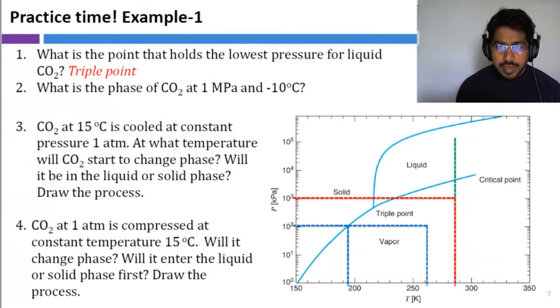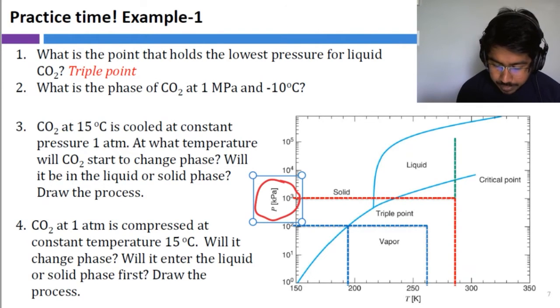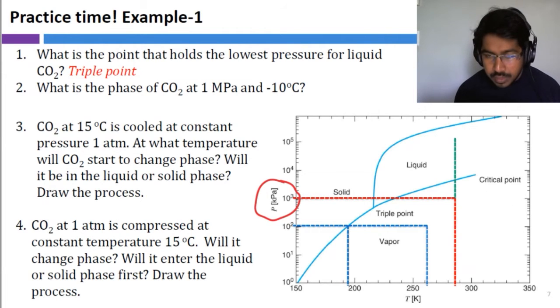Always look into your units and don't let the units misguide you. If we have 1 megapascal and check what we have in the y-axis, it's kilopascals. So we take 1000 kilopascals here, and along that we go across the borders, and then the temperature again,